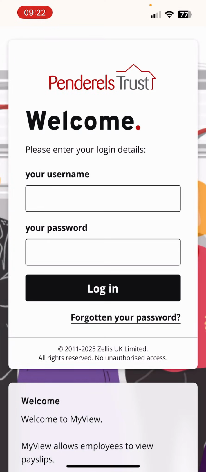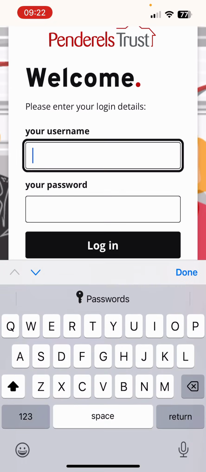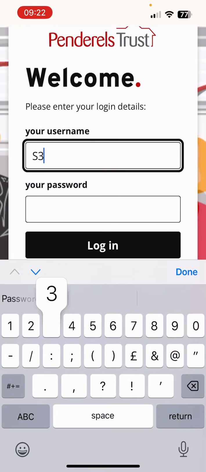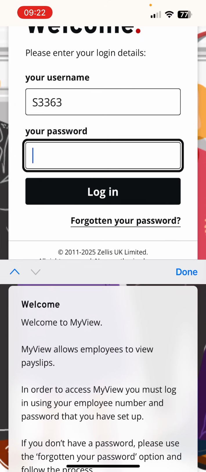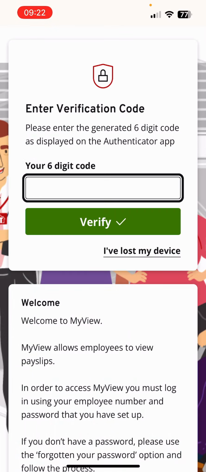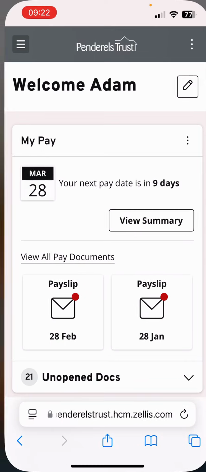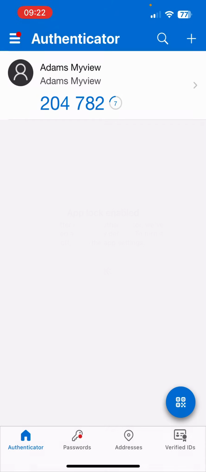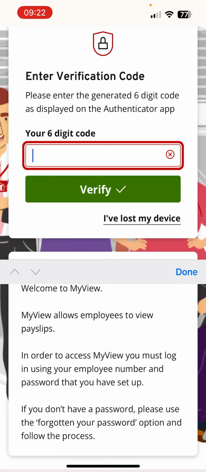So now we can log in using the information that we supplied. So my username, and it's going to be the password that you set just a few minutes ago, and we hit login, and then it's going to ask you for your verification code from your Authenticator app. So if we scroll back to the Authenticator app, I always just like to wait for it to tick down to a fresh one so it doesn't time out while we're typing it in. So we've got 937871. 937871, verify,